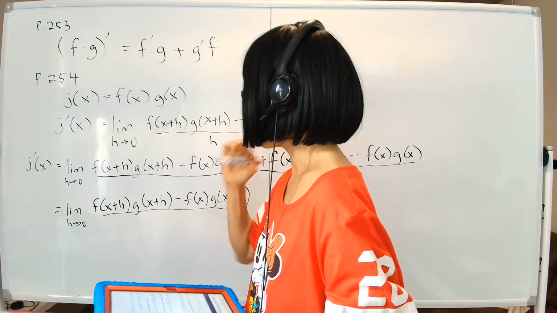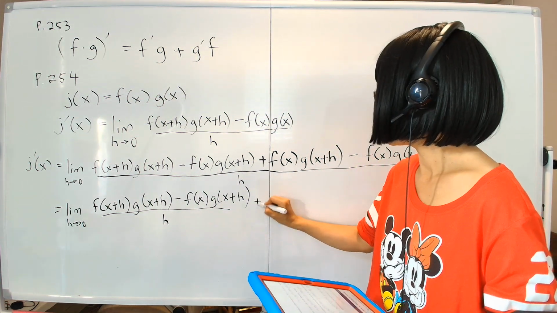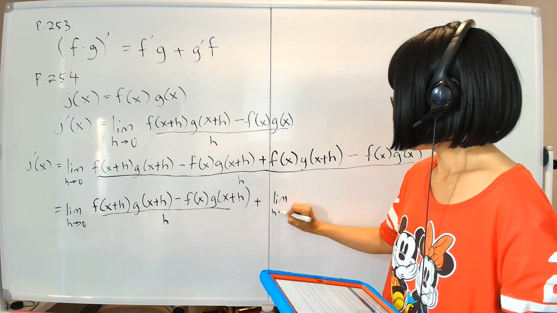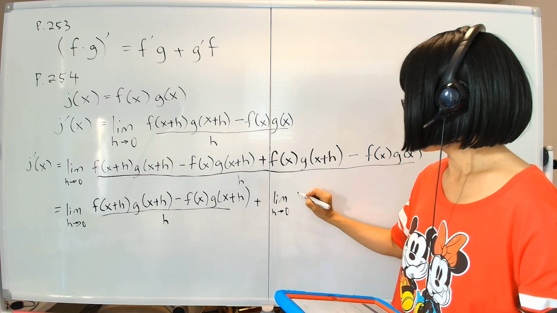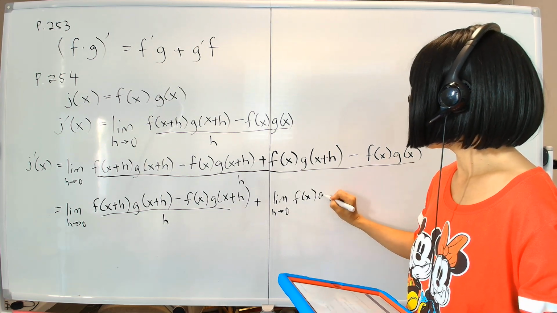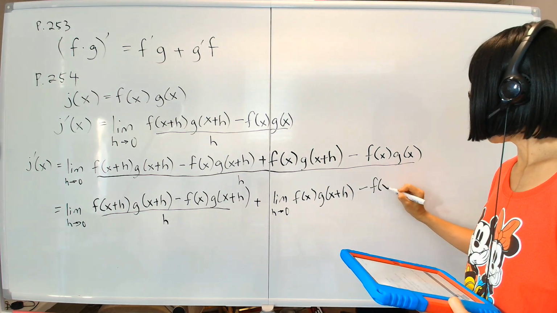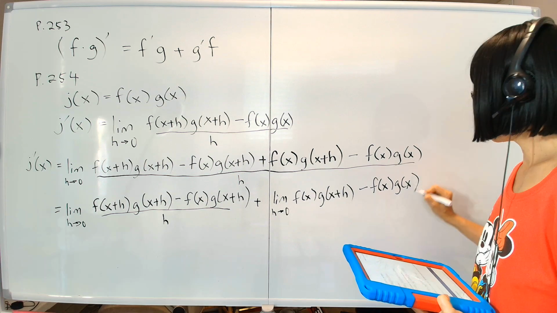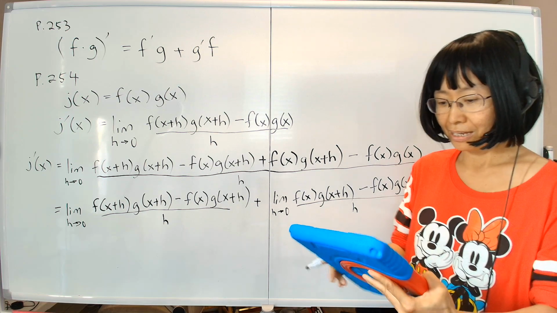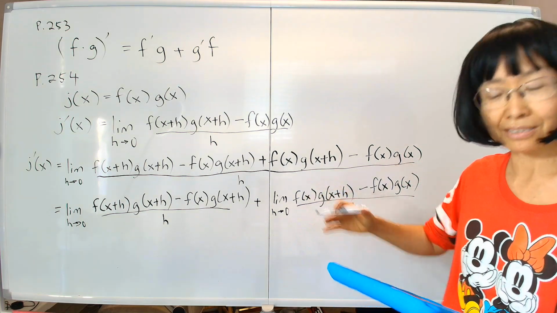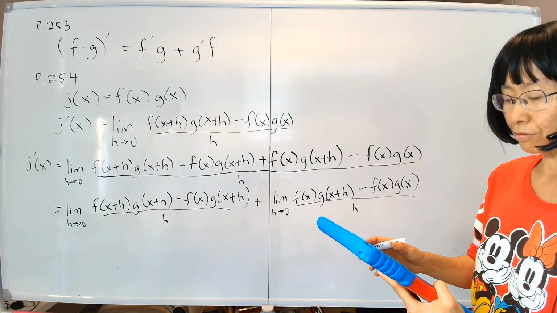Right now we're just breaking it into two fractions. That's the first half, and then plus the limit as h approaches 0 of the second half of this thing, f of x times g of x plus h, minus the last item, f of x times g of x, divided by h. Okay, so now so far we have done a simple thing that nevertheless requires a lot of writing. So far so good. Next, we will